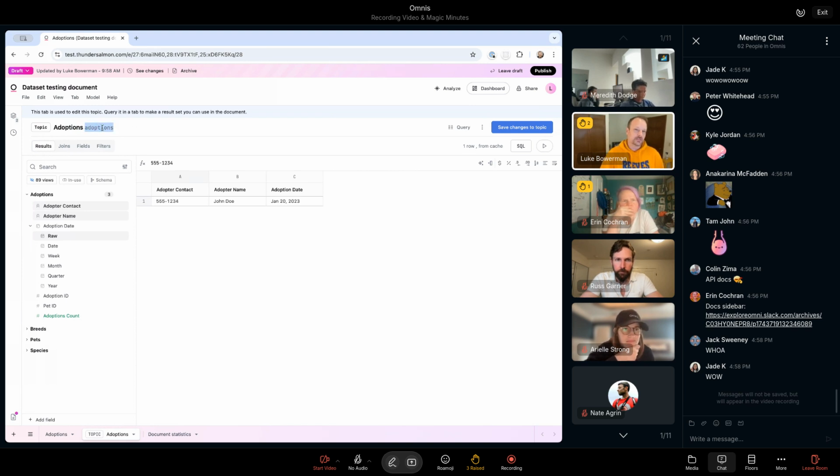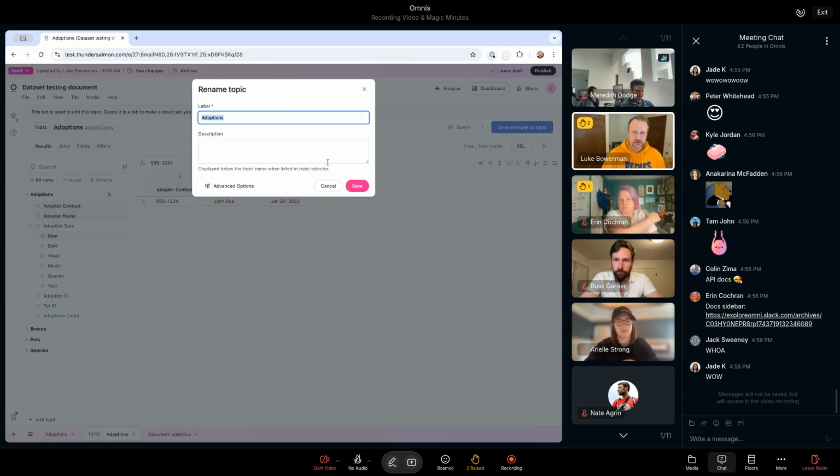This will actually, in a very short period of time, use the view name of the base table. So it'll be like adoptions, but if it actually would be a longer, more elaborate thing because it's in a schema, due to a minor bug I have not yet fixed, it sort of messes it up right now. One nice thing is you can relabel your topic. You can add a description,